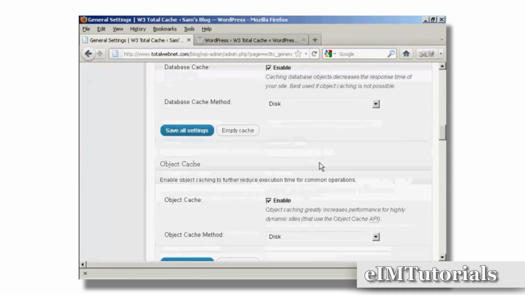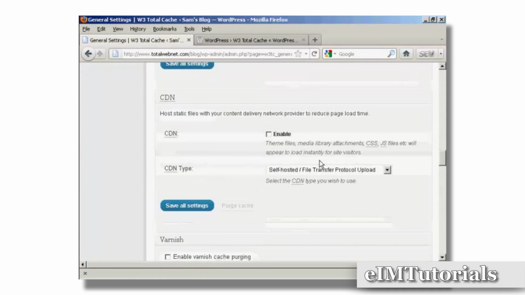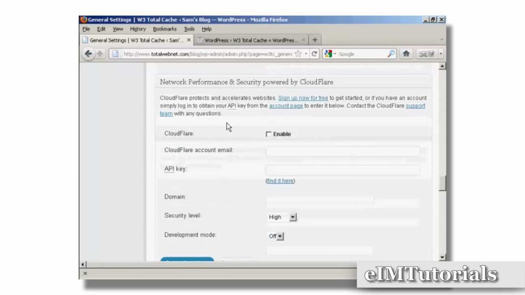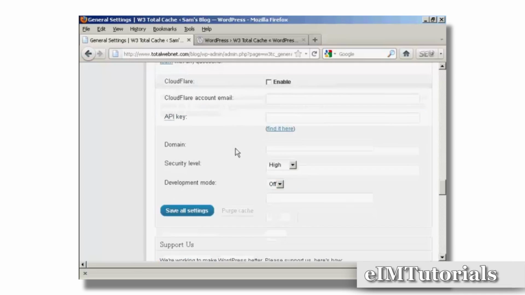Okay, now go a bit further. Varnish I'm not going to use, although if you do have a Varnish server, you would enter the IP addresses in there. If you have Cloudflare, then you enter all the information and the API key and so on in here,